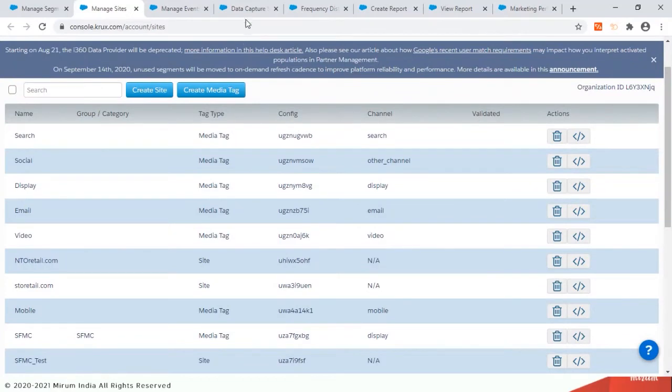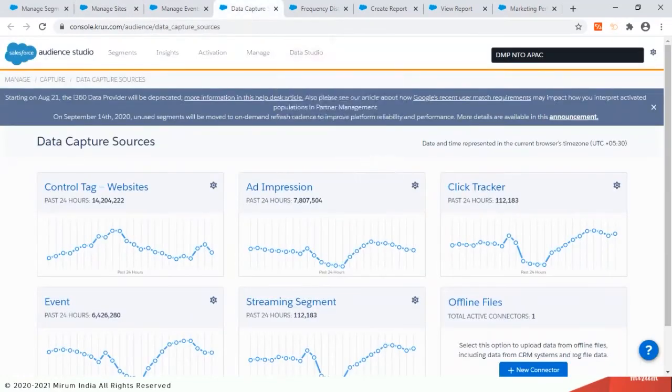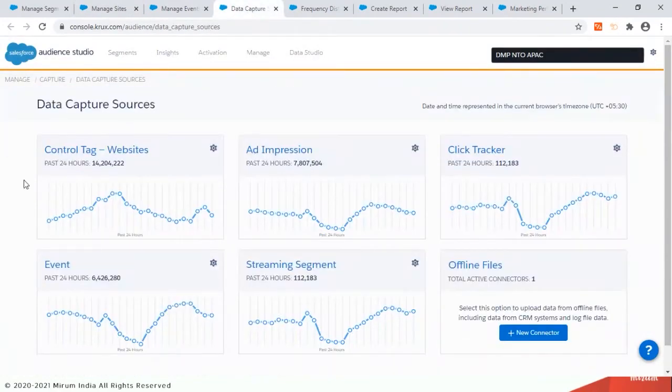But the story doesn't stop there, because I will be reaching out to people who are not on my website, right? I'm targeting them based on their profiles, maybe based on certain sections on the website. There could be a few blogs which cater specifically to this particular activity of outdoor sports, hiking or camping. So even those websites will have visitors, and definitely that's my target audience. And NTO Retail would be running an ad of those new collections on those particular websites, right?